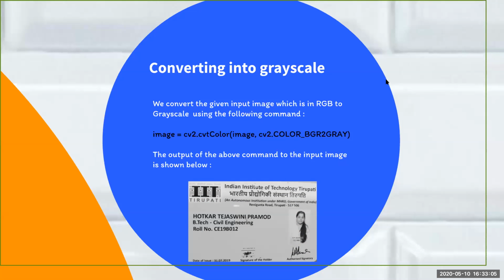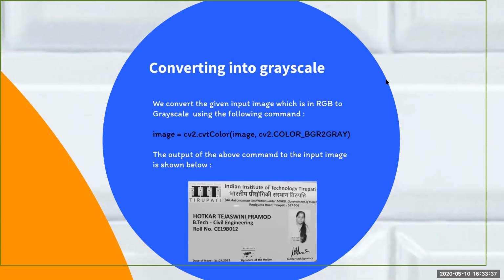So we convert the given input into grayscale because initially the given input is in RGB form, which is colored. We convert it into grayscale so that we can differentiate the text and the background. Also, if we convert an RGB image into grayscale, it is really helpful because there will be only one pixel value, and we can use that pixel value to find the bounding box, or find the coordinates of the point which we want to convert into text.